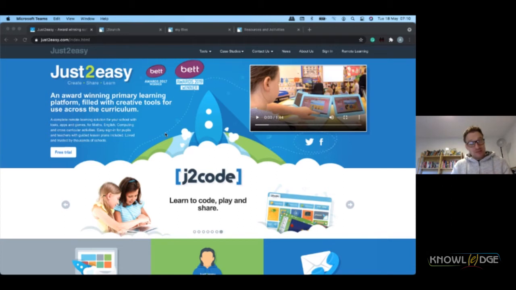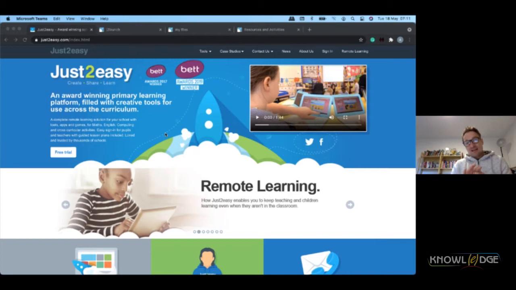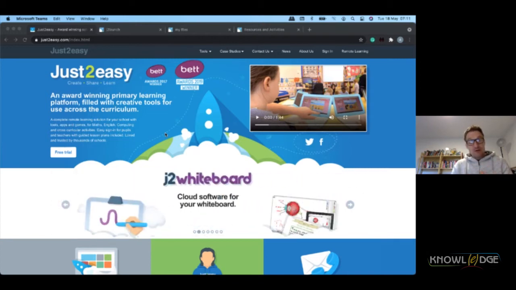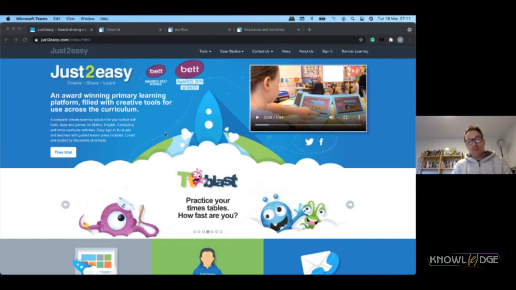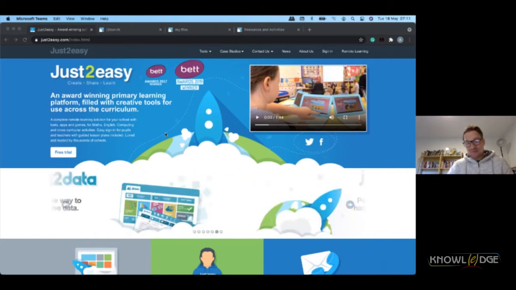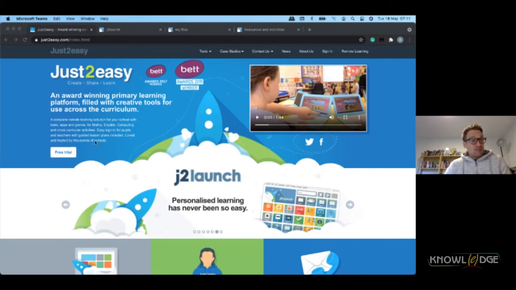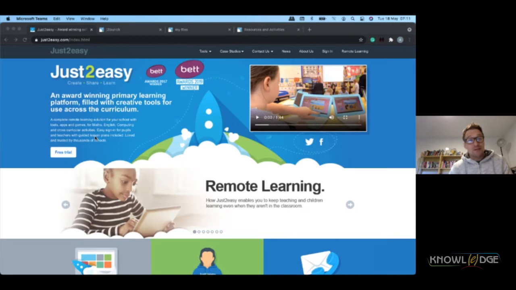As this session suggests, I'm going to be focusing solely on maths. So maths teachers, I'm going to be going through a variety of features of Just2Easy that will enhance your teaching of maths, make life easier for you, and save you time, in a platform that really is, as the name suggests, very easy to use. That's the whole reason why we're called what we're called. Whilst I'm sharing my screen, you can see we're scrolling through my website, just2easy.com, where you can learn more about us.